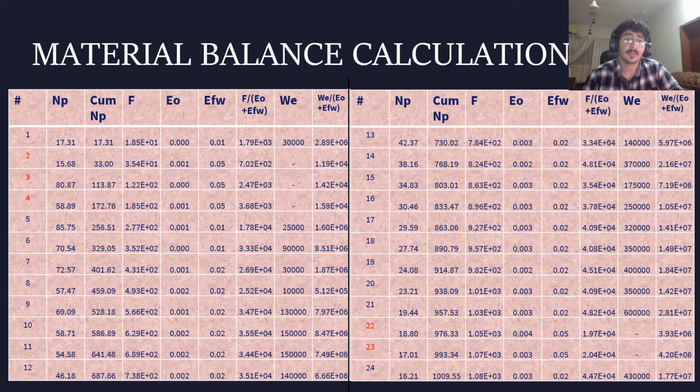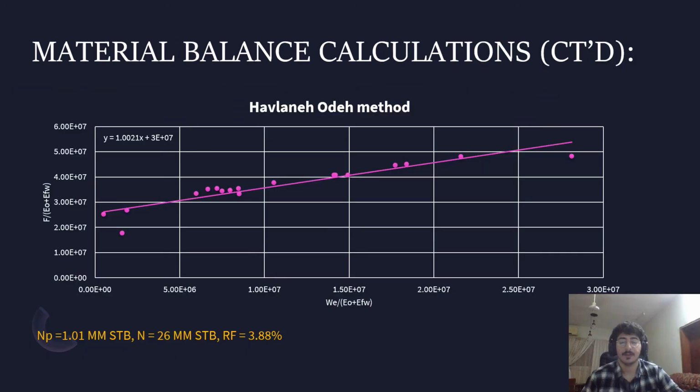Also, in the 2nd, 3rd, and 4th month, alongside the 22nd and the 23rd month, we have not included the calculations in the upcoming slide to be able to predict the water influx because we were lacking the pressure values in these months. Since we have decided that we need to apply the trial and error method, which was Havlana and Odeh method,